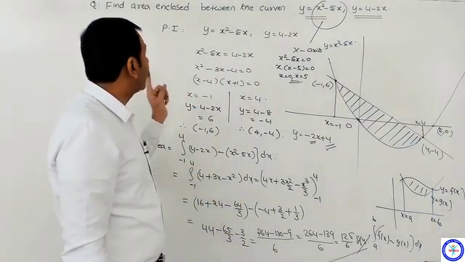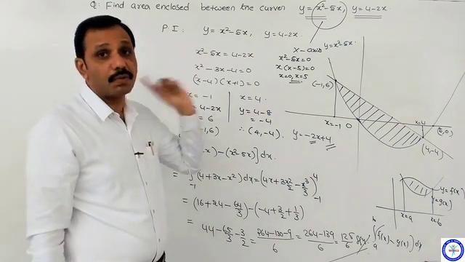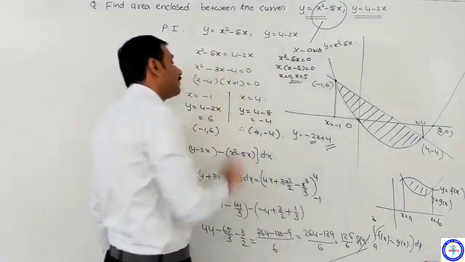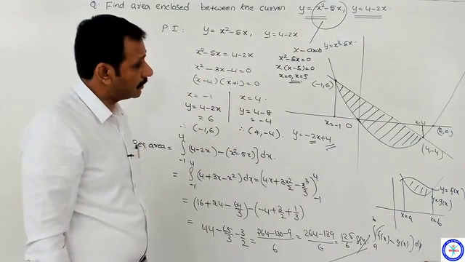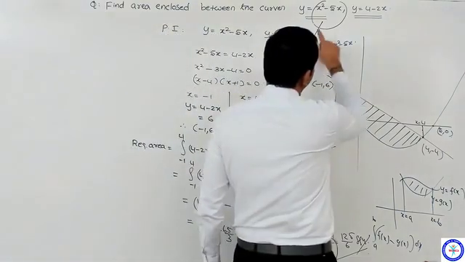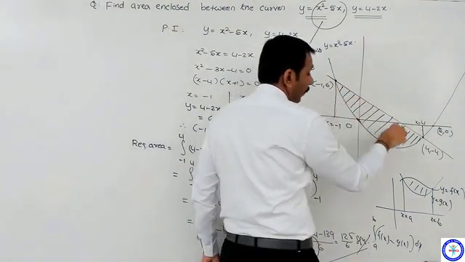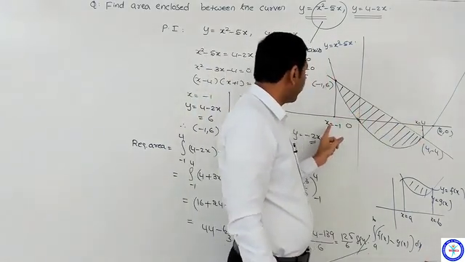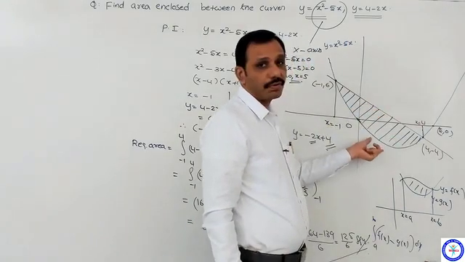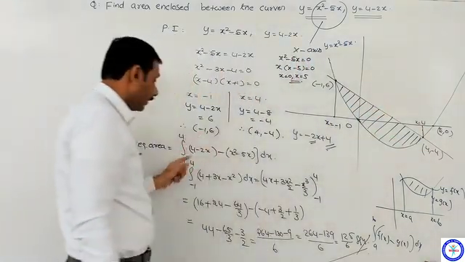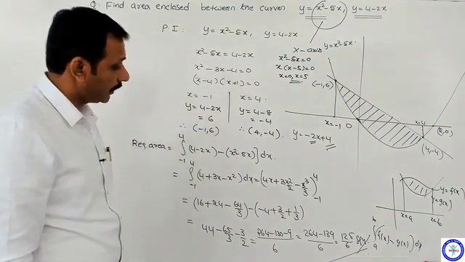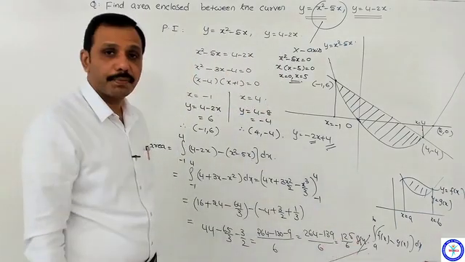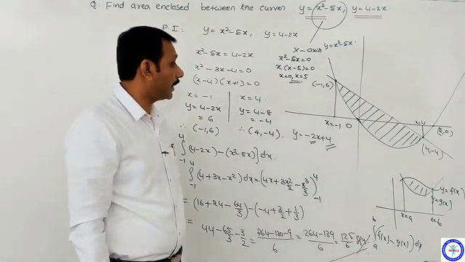Whenever you are asked to find area between two curves, first try to find intersections of given curves. Here these are the intersections. Then plot the graphs of these two curves and identify that closed figure. Now these are the limits with respect to x-axis, minus 1 to 4, upper curve minus lower curve. Therefore, integration you do it carefully, it will be the final answer, here 125 by 6 square units. Hope you understood this one. Please take this carefully.